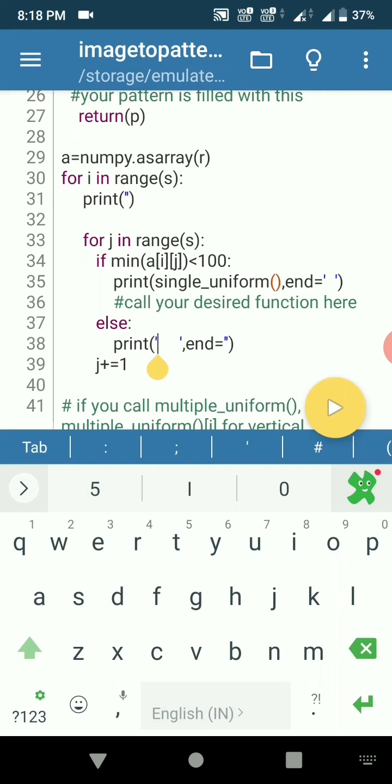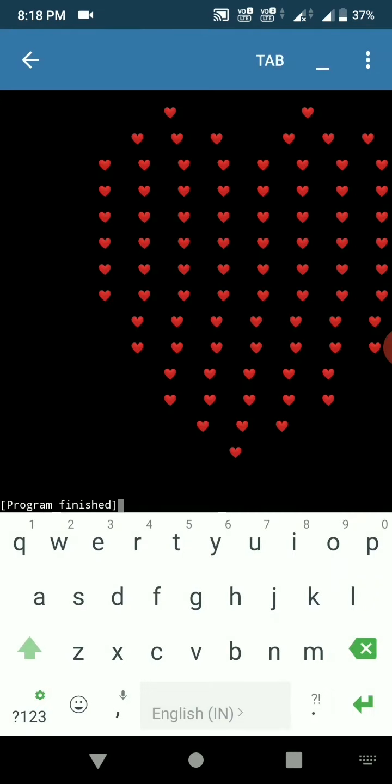These three areas, experiment with the spacing, and you can get an accurate heart with the heart emojis.